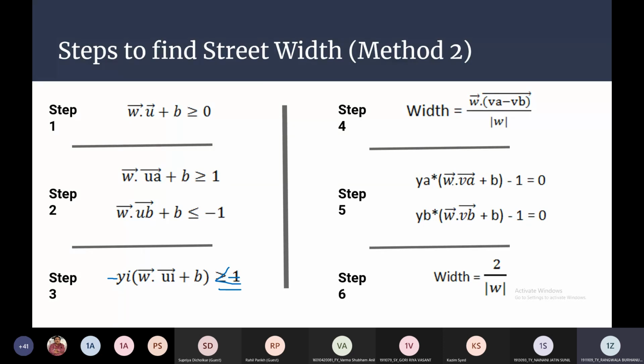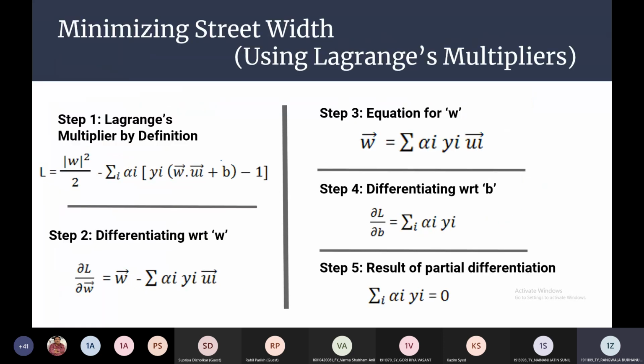So now what you actually do to get these equations is like I explained. Since the value of this will be +1 and -1, this will basically become W dot VA equal to, one side will be negative while one side will be positive. So everything will be cancelled out except this one. That's how you get this equation.